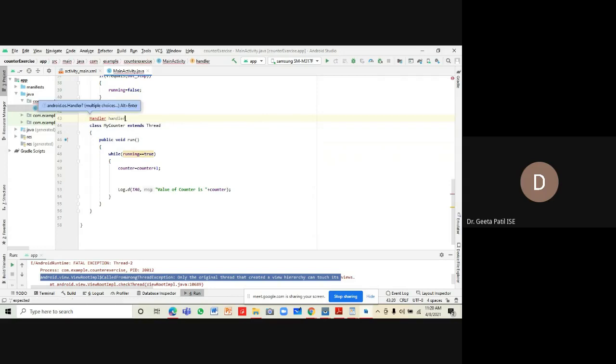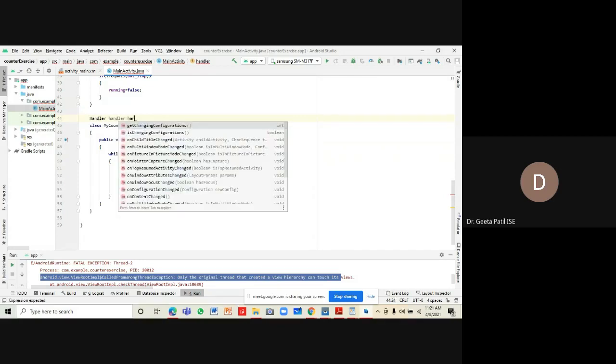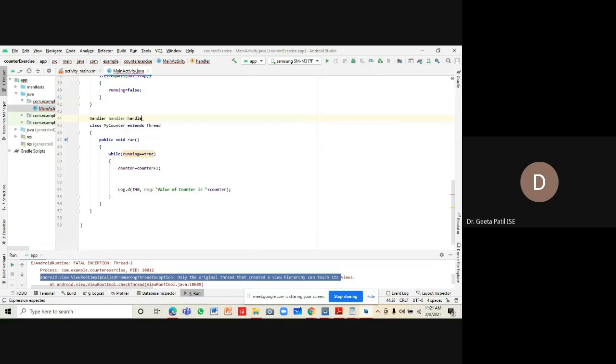Handler is the object of this class, so hit enter, import class Handler. Handler is equal to handle message. Let me take this for 1 minute.